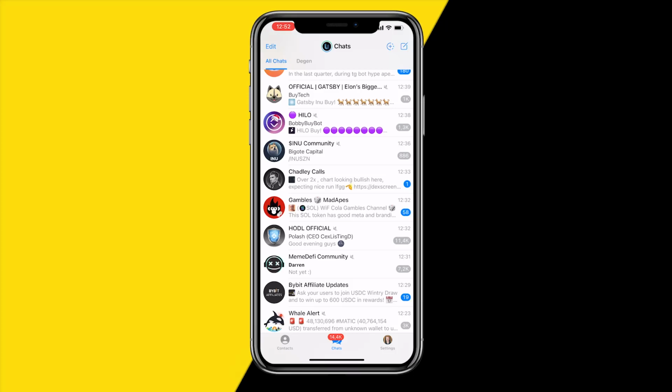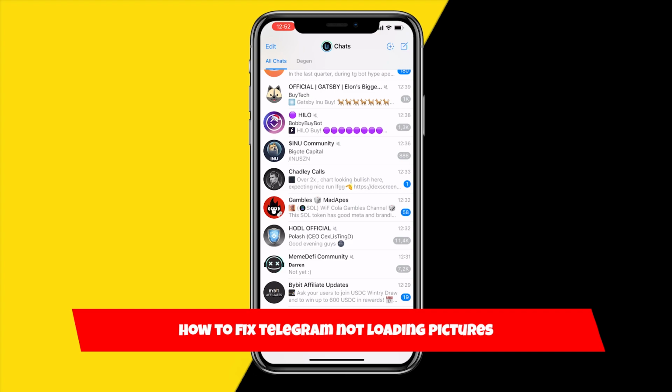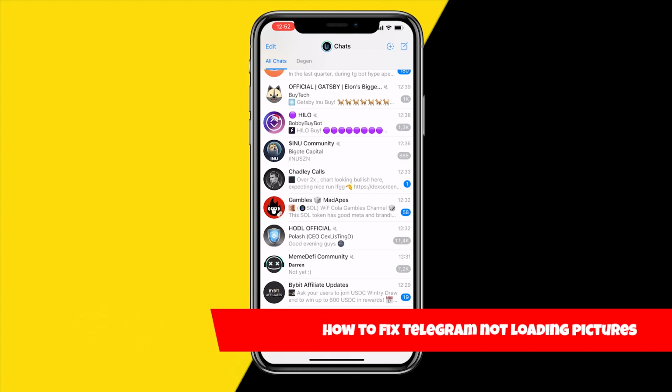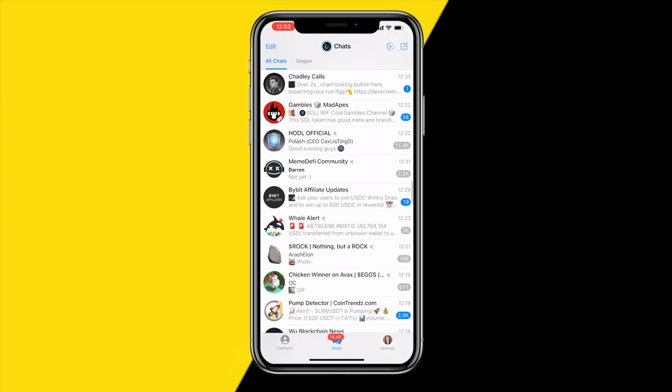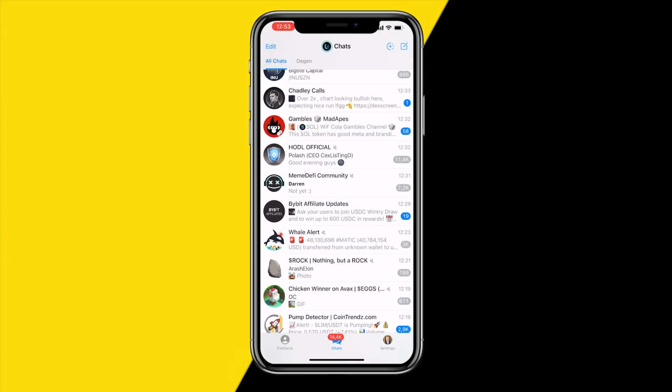Hello everyone, welcome to this video, and in this video I'm going to show you how you can fix if Telegram is just not loading pictures. So when you're trying to load pictures on Telegram, or when you're just trying to scroll through your Telegram, maybe some groups, and all of the pictures that are being sent are just not loading, then here are 3 easy